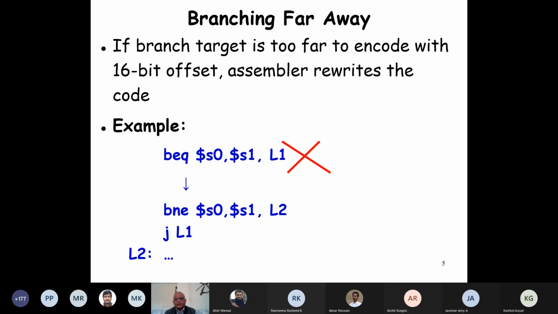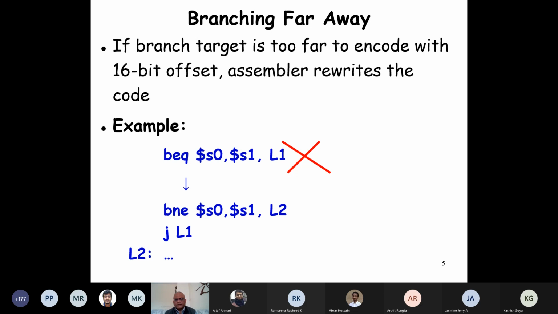Okay, if we are giving a large number here, more than 2 to the power 15 or something, then it will not fit into the instruction. But normally, if we use a label which is far off, the assembler will translate this into these 3 instructions.